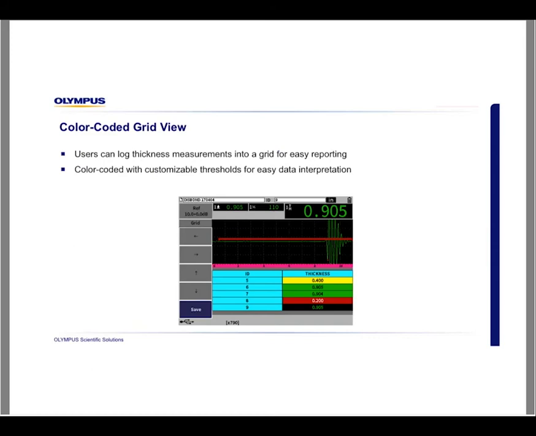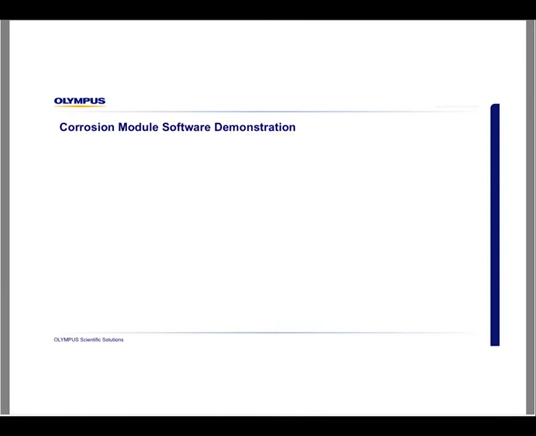So if you're inspecting and all of a sudden you get a red reading, you know to go back and inspect that again or to take a note of it. So it gives you real-time, immediate visual feedback. So now I'm going to do a brief demonstration of our corrosion software with the EPOCH